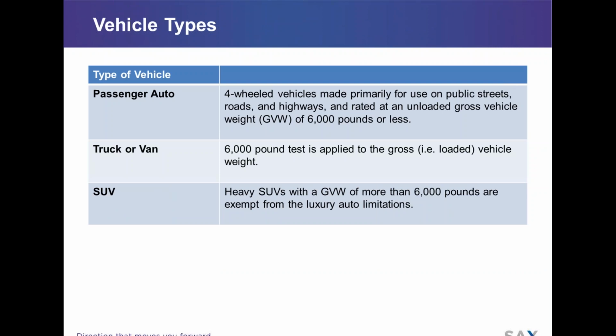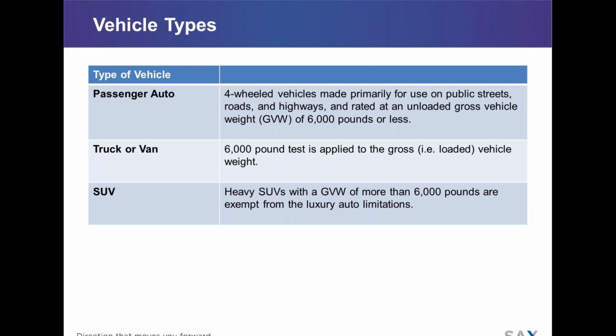Some of the other changes that occurred also relate to automobiles, but first let's address what type of automobiles we have out there. You have your regular passenger auto, your sedan, little hatchbacks, whatever you have that are under 6,000 pounds. When they define the 6,000 pound limit, trucks and vans have a little different definition. The 6,000 for a passenger car automobile is the unloaded gross vehicle weight, which is basically what it is out of the manufacturer.